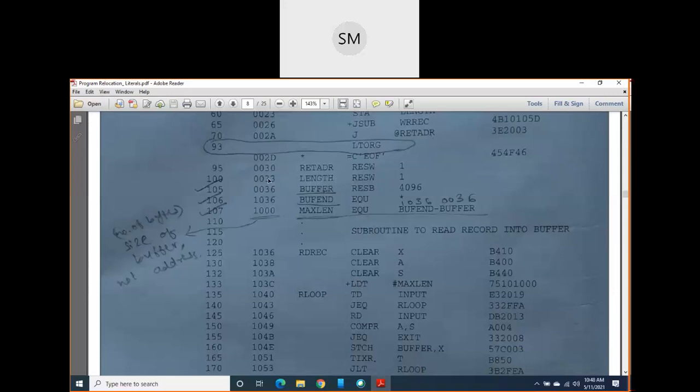I hope you are understanding. It means that if your program ends here, the next byte is the unassigned byte. So this star always indicates the current value of the location counter variable.